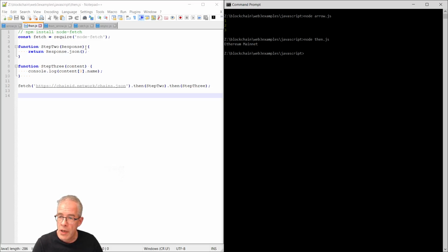Step 2 takes the output of the fetch, called response, and calls the JSON function on that output. JSON is also a function that can take quite a while. So after that you can also do a then. So the second then calls step 3. In step 3 we get the parameter content, which is just the content of the JSON file. Then we take a little piece of the JSON file, content0.name, and we print that, and that happens to be